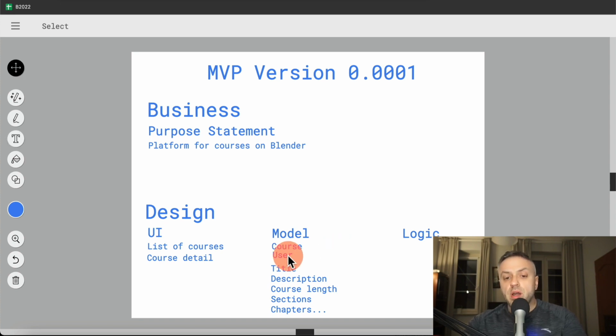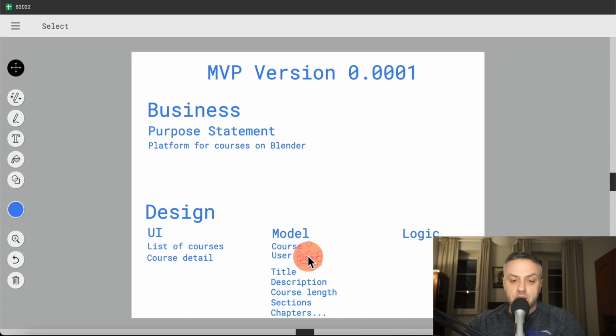These are the main ones. Well, there's actually one more. Let's make a space here, and I'm going to put it here. We're going to have customers. So users, and these are going to be instructors. And these are going to be customers. That is what you need in order to have your MVP.